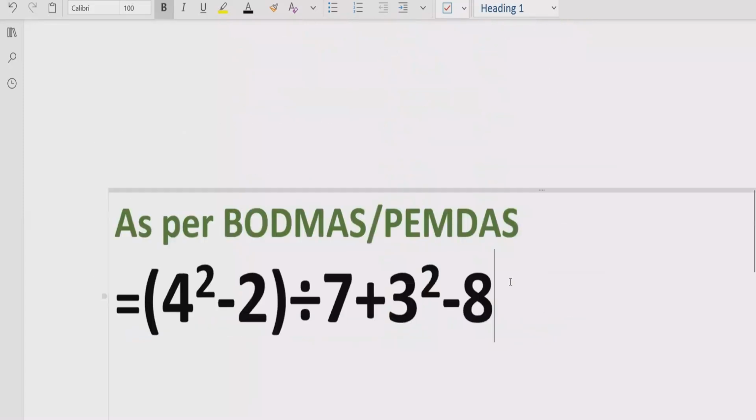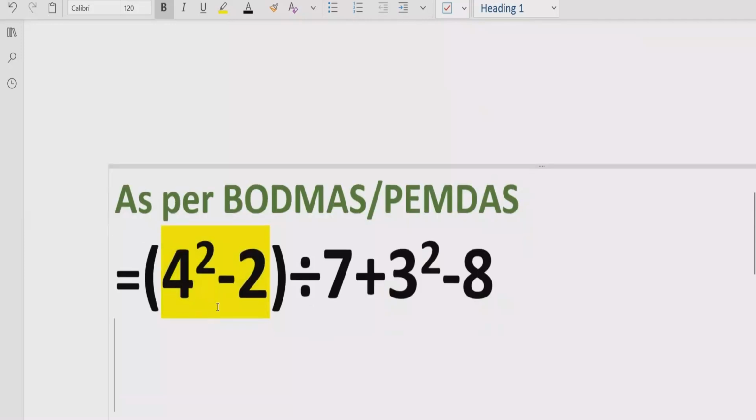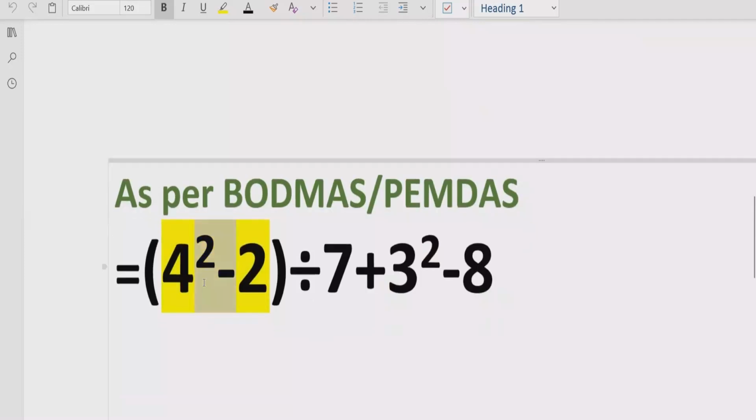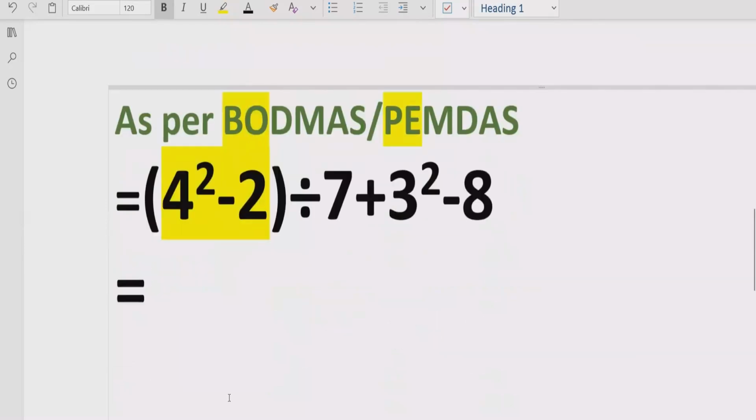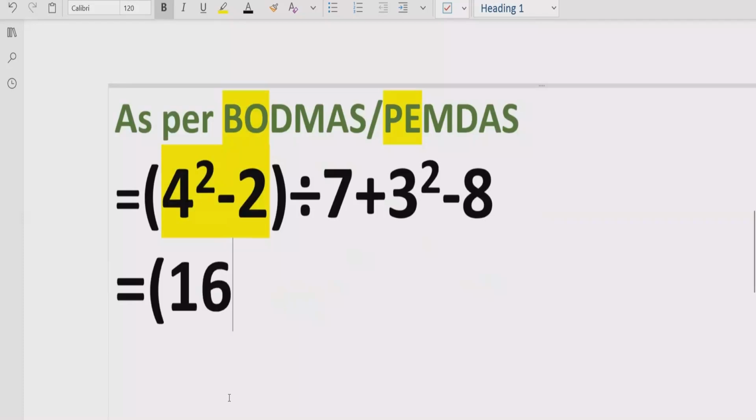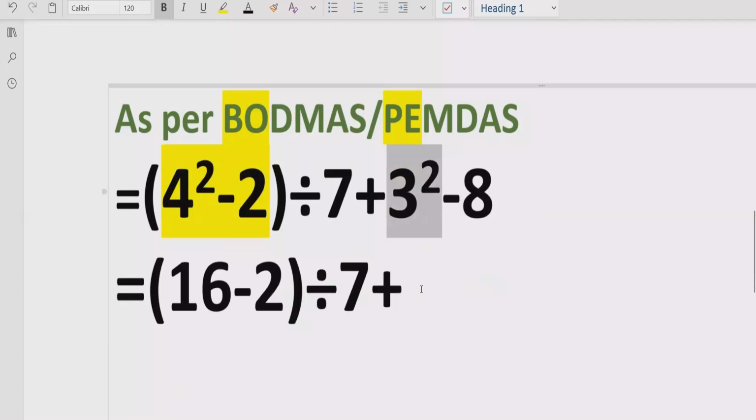According to the BODMAS and PEMDAS rule, first of all, we have to solve the bracket, which is this one. But inside the bracket, we have two numbers which are being subtracted, and one number has a power. So according to the rule, we have to solve the bracket, and inside the bracket we have the exponent part. So first of all we solve the exponent part in this bracket. We will write 4 raised to power 2 means 4 multiplied by 4, which is equal to 16, minus 2, divided by 7, plus 3 raised to power 2, minus